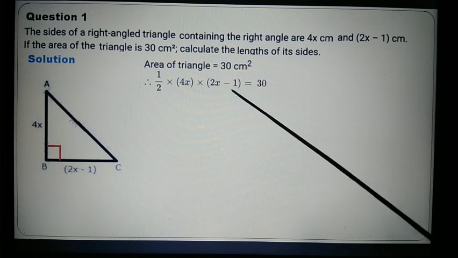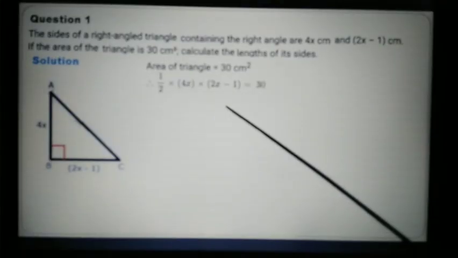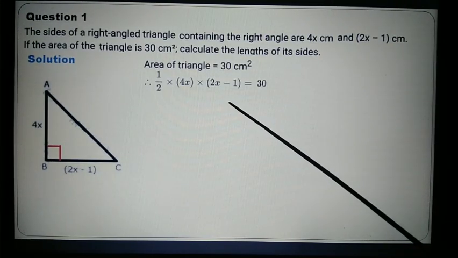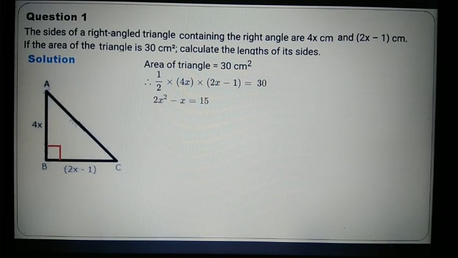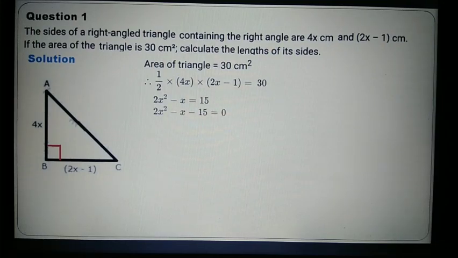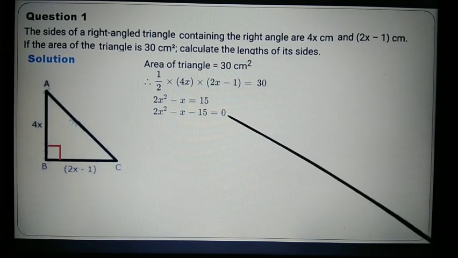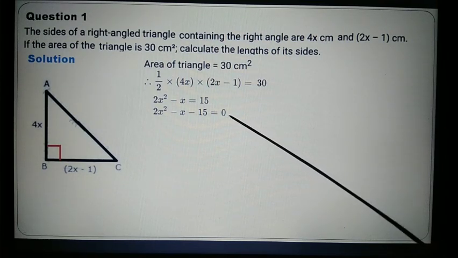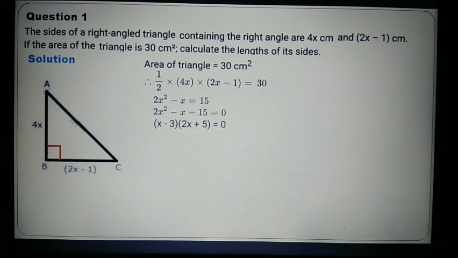Okay, so let us simplify this. So the simplification part you are already aware of. So after simplification, you will arrive at this one in the left hand side. Okay, and at last you will arrive at this quadratic equation. Now our job is to find the value of x by solving this equation. Fine, so you already know how to solve this. Okay, so if you factorize, you will get this much, and the values for x will be 3 and minus